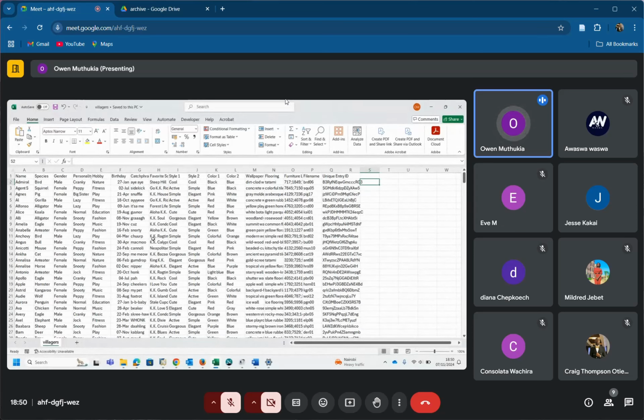Let's say we want to merge column A and B so that we can have our new column reading Admiral Bird. Most of our functions always start with an equal sign. So we will say equals, then we write our function, which is concatenate, which means joining